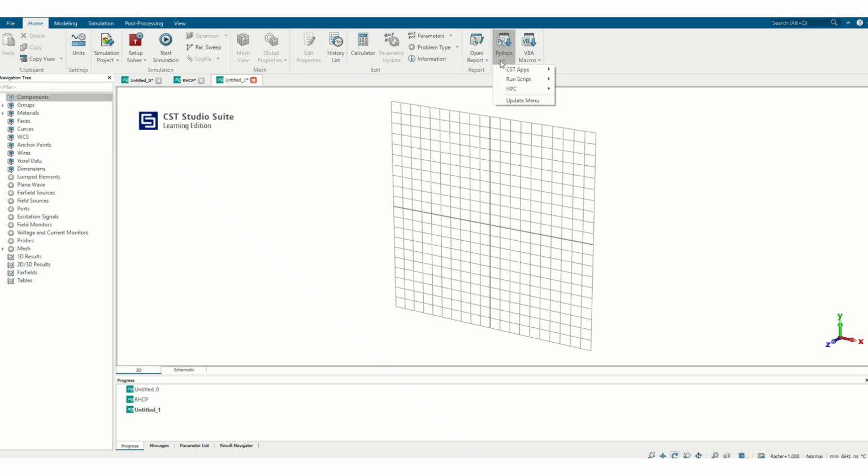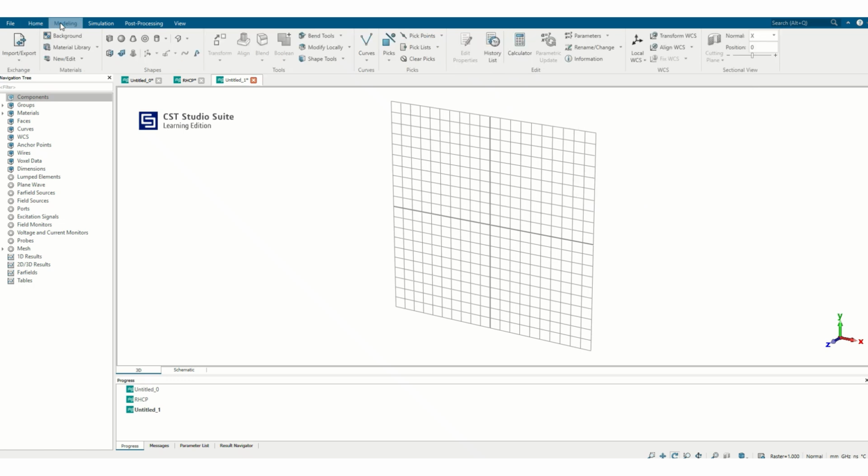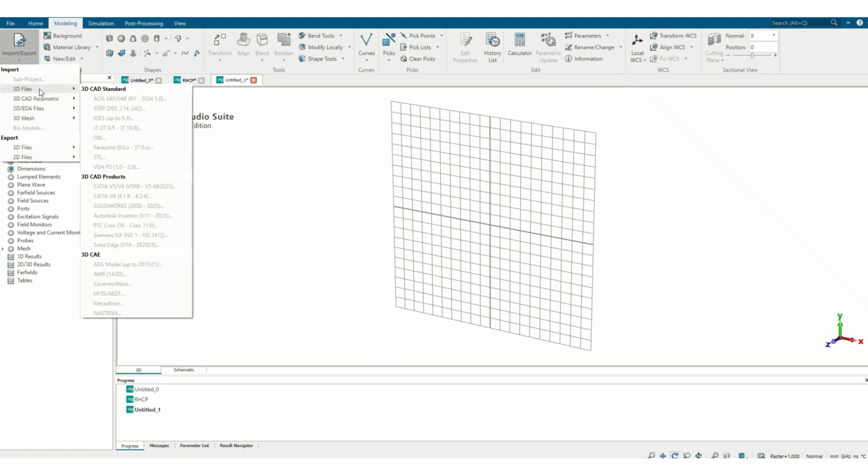And here you have the Python. So this also can be used to create the antenna models, if you have created the antenna models using the Python script. Next, if you go to the modeling, here you can see the import export function. So here using the import, you can import structures, like if you are going to do the simulation of the RCS of any two-wheeler or car, you can use this import function, and using these 3D files you can import that